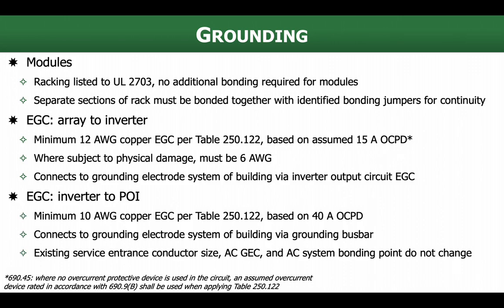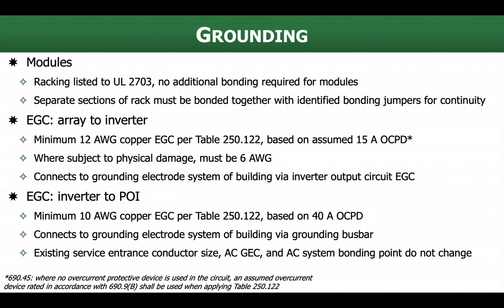Yeah, so the EGC from the inverter that's going to make that final connection back to the point of interconnection is going to be a 10 AWG copper conductor. Again, it's based on the 40 amp overcurrent protection device. We just look it up in table 250.122. It lands on the bus bar in that service panel. We've got a bunch of other grounding wires landing on that bus bar,